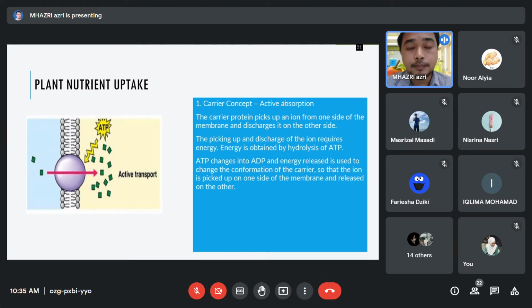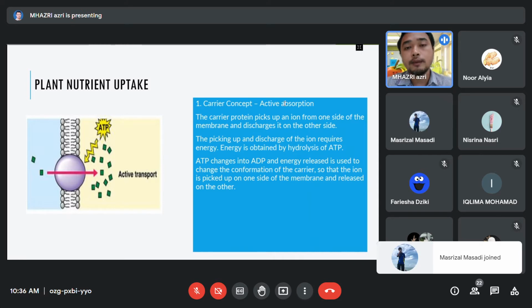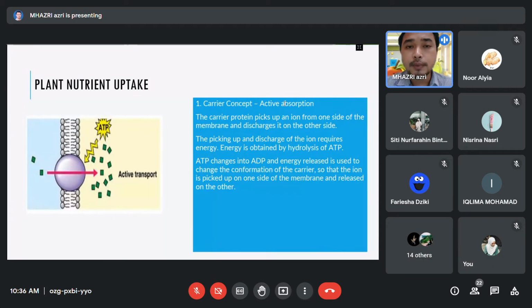Kalau nanti kita belajarlah in plant nutrition, okay, satu-satu ion tak semestinya being uptaken by plant by one mechanism. One element can be uptaken by several mechanisms. Kadang-kadang ada active transport, sometimes passive transport, macam potassium and sodium can be uptaken by plant by passive transport and also active transport, depending on the physiology of cells. Okay, sometimes the concentration of ions in cytoplasm is very high and it will